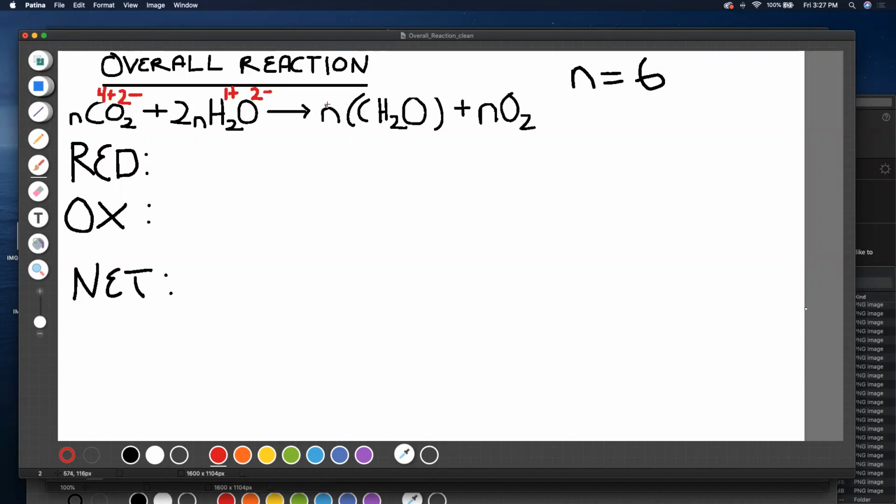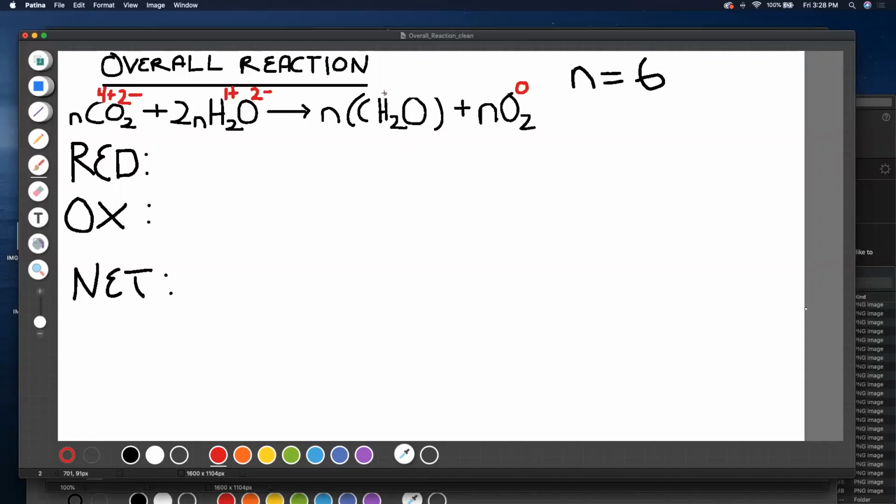Okay, so now we go on the other side of the equation, the product side. So we have oxygen over here, molecular oxygen, and it's paired with itself. So any atom paired to itself is going to have oxidation state of 0. Okay, and now we look at this molecule,